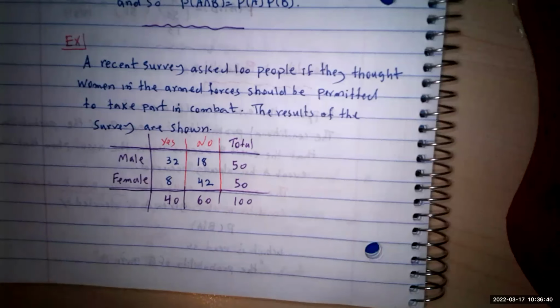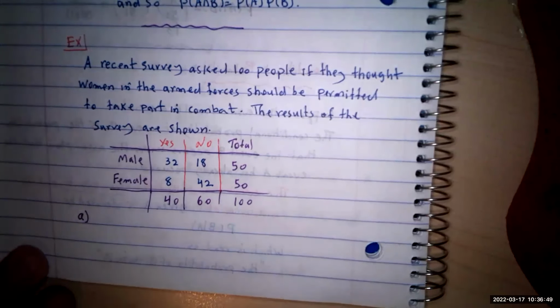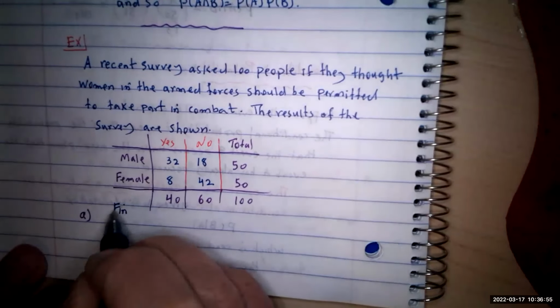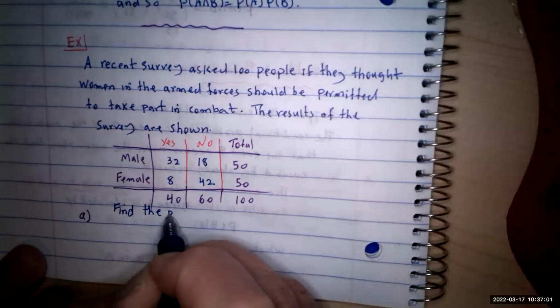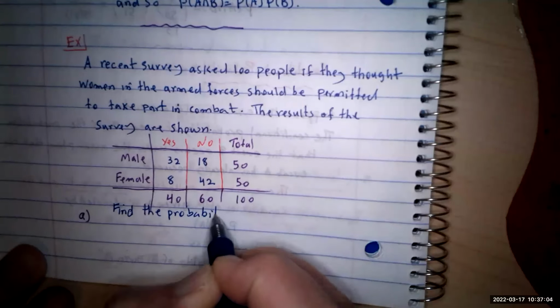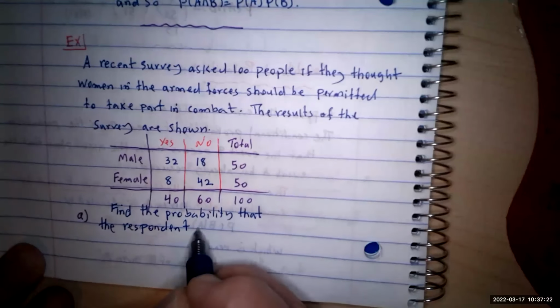Okay, so this is the given information. Now what is going to be the question? I have to answer two questions. The first part is that we want to find, let's say, before getting to the second part, the probability. We pick one person out and we ask this question. Find the probability that the respondent answered yes,